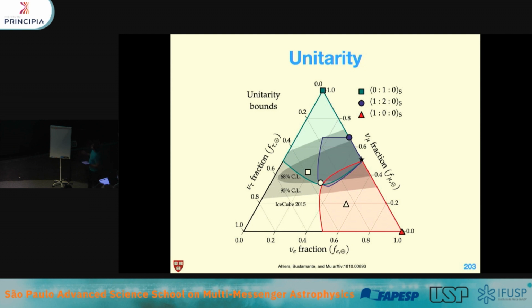If you are initially a mu neutrino beam, you can only be inside of this region here. Again, it's a unitarity statement. And if you're in a pion beam like this, you can only be inside of this blue region. This statement only requires me to say that the number of neutrinos is preserved. That's it. If neutrinos decay or do something else like that, then it's no longer true. But we can actually do better because we actually know the neutrino oscillation parameters.